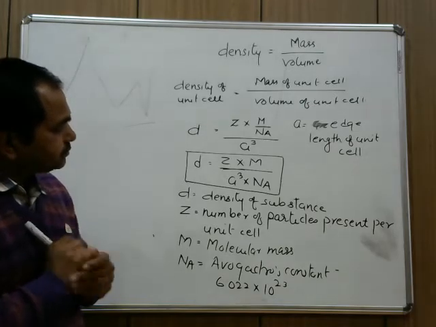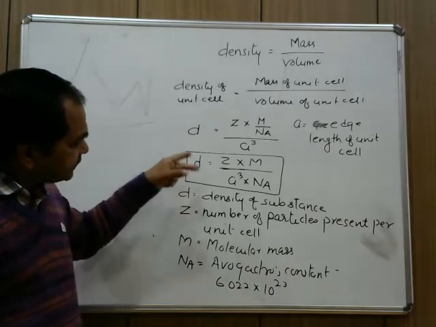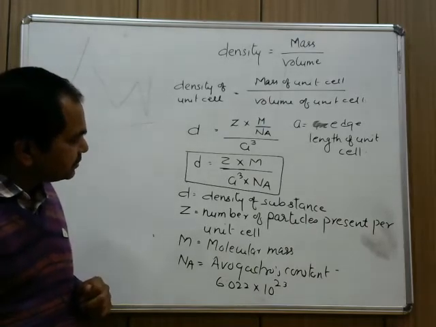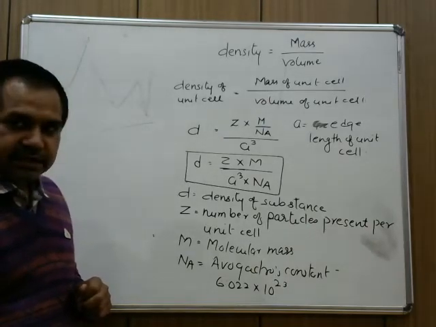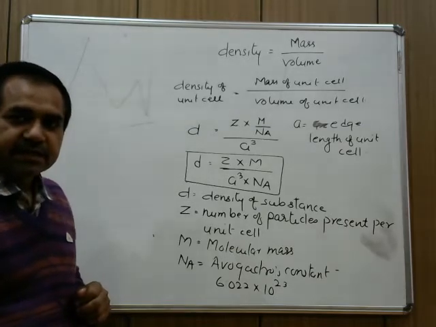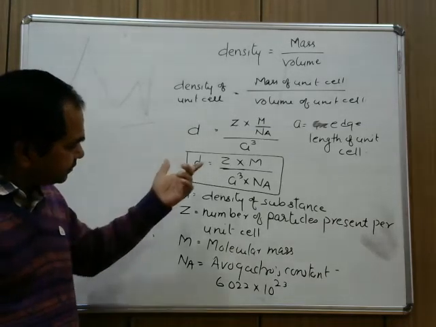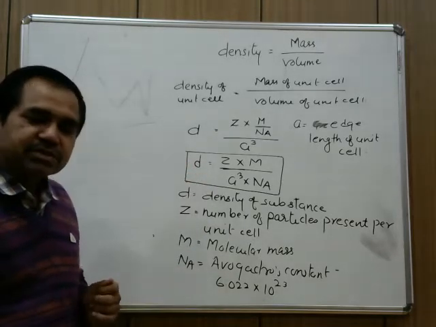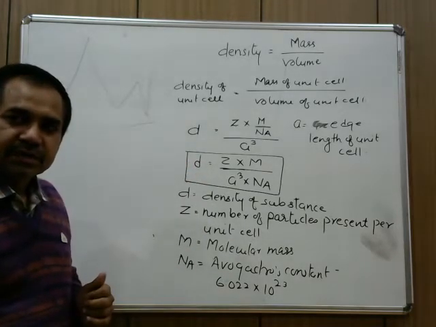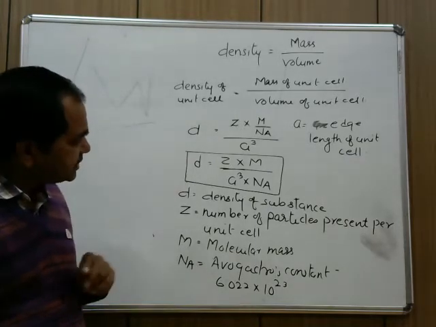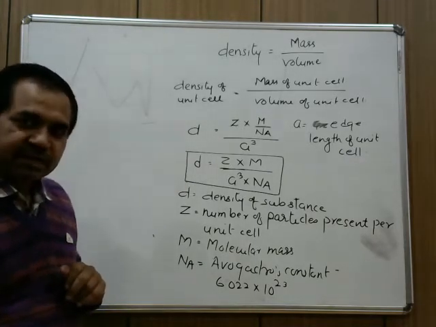Now, out of these 5 parameters, if 4 are known, then the 5th can be easily calculated. And in our course, almost one numerical is asked based on this formula